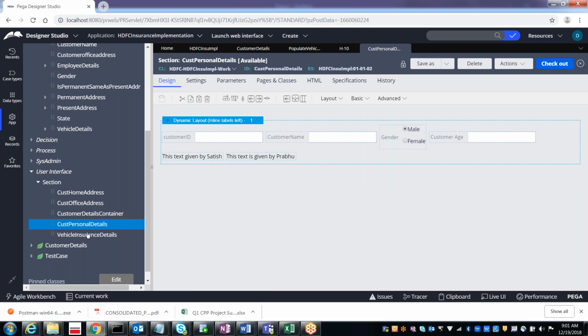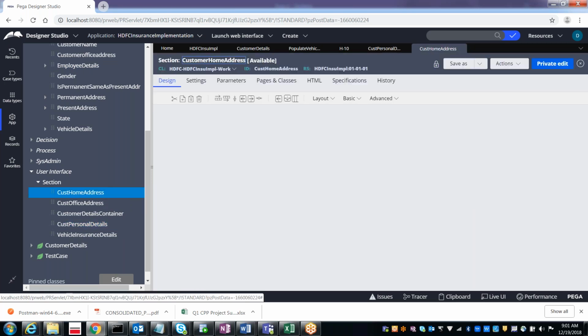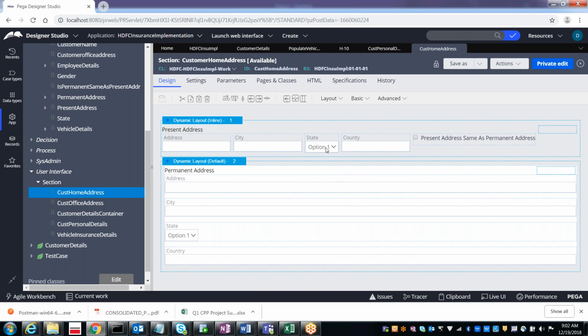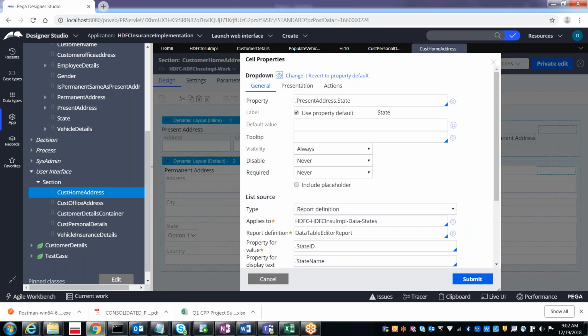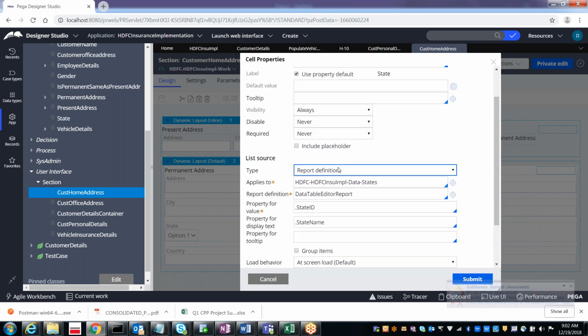Not here. So where exactly have we done it? Is it on the home address? Yes. Okay, in the home address, for the state, we have populated it from the data type, right? So under the data type also, under the list type is report definition. From the report definition we populated it earlier.